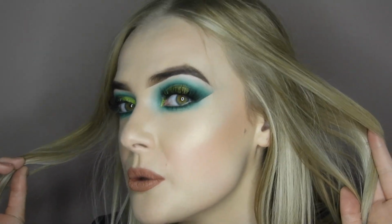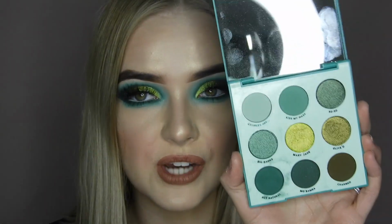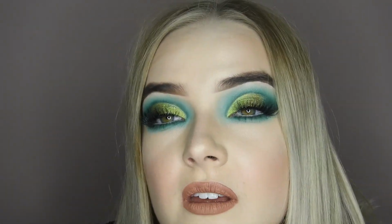Okay guys, so that is the finished look. Thank you so much for watching this video. I'm super happy with how this look turned out. Super happy with the eyeshadow palette as well, the Just My Luck palette from Colourpop. I used 6 out of 9 of these shades, and I can honestly say that it's one of the